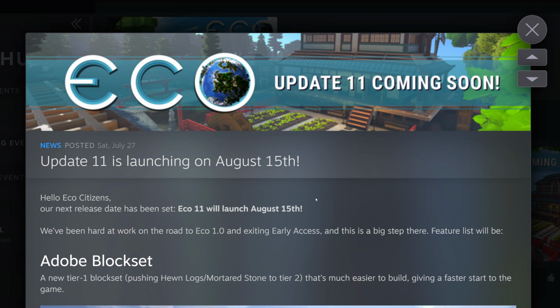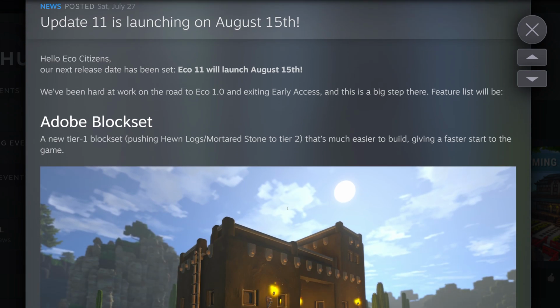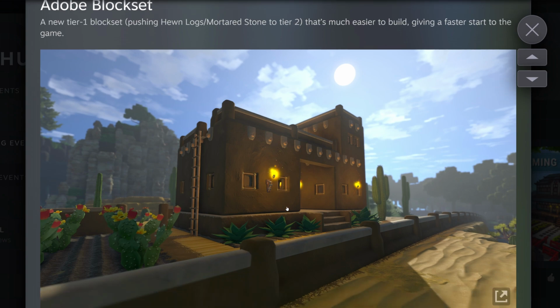which I want to quickly go through. So yeah, they do mention that the next release date is set and that they've been working really hard on getting out Echo 1.0 and getting out of early access, which is something that has been the plan for a very long time. Like for a while, everyone thought that Echo 10 would be Echo 1.0, but of course, it really wasn't. But yeah. Anyway,